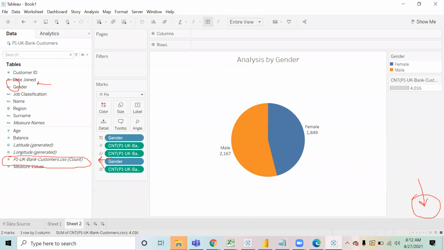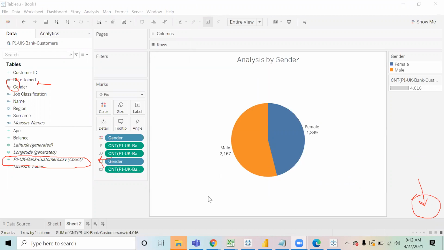Okay. So now what we're going to do over here is, generally, whenever we think of a pie chart, what comes to our mind is percentages, right? Don't you think it will be better if I show the output in the form of a percentage, what percentage are male and what percentage are female?